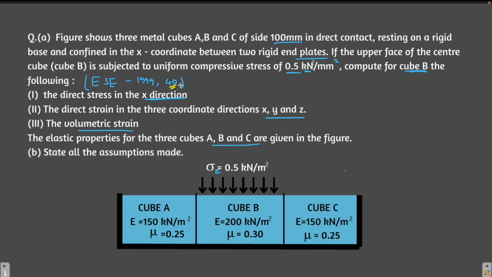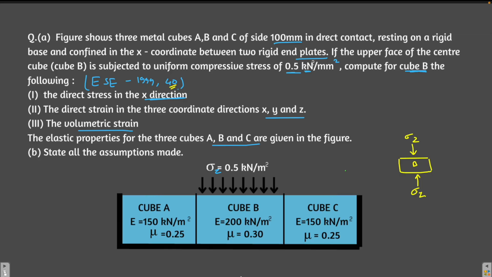First of all, let's try to understand this. So there is a cube. In cube B, we are putting a stress from the upper side. It is a compressive stress, sigma z, and the same will be the compressive stress from below if we are drawing the FBD. Now due to this compressive stress, this cube B will try to elongate in the x direction, but there are another cubes A and C present here which will hinder its expansion, which will not allow it to expand.